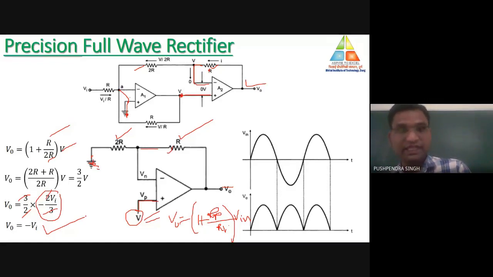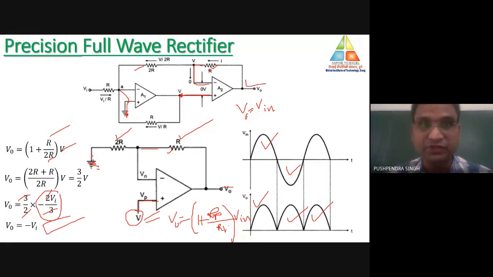So when the level of the input signal was more than 0, on that condition, what was the value of output? Output was positive V in. For the negative half cycle, what is the value of output? Output is minus of V in. That means for the positive half cycle, we are getting the positive half cycle output voltage. For the negative half cycle, we are getting the inverted input signal. Then again for the positive half cycle, we are getting the output. So in the same way, easily we can generate the output of a full wave rectifier circuit. So this is the operation of the basic rectifier circuit.